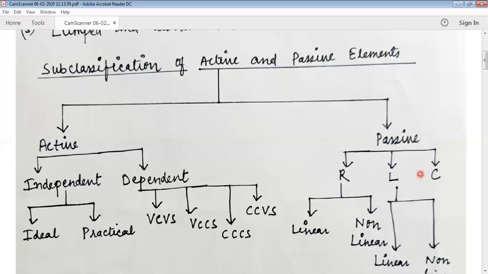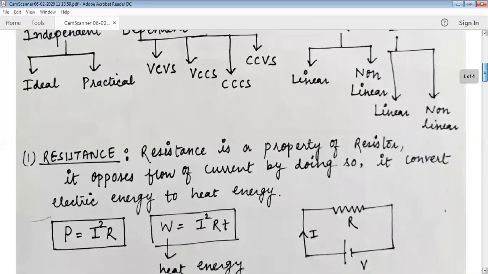Also, you can think that during discharging, a capacitor acts as a source, because in one cycle the capacitor stores charge, and in another cycle it discharges it. So during discharging the capacitor acts as a source, but you can't say that a capacitor is an active source. It is called a passive source because a capacitor doesn't have the internal amplification property. That's why a capacitor is a passive element.